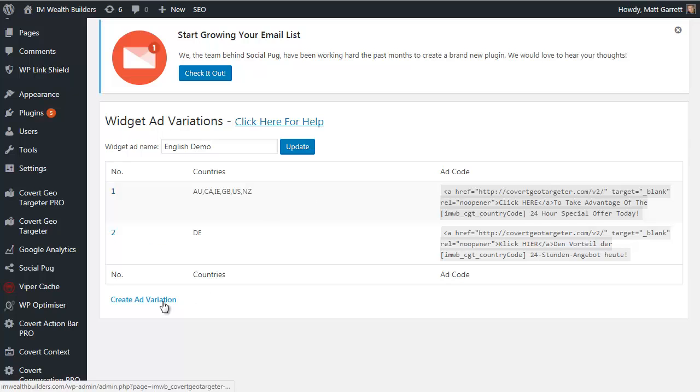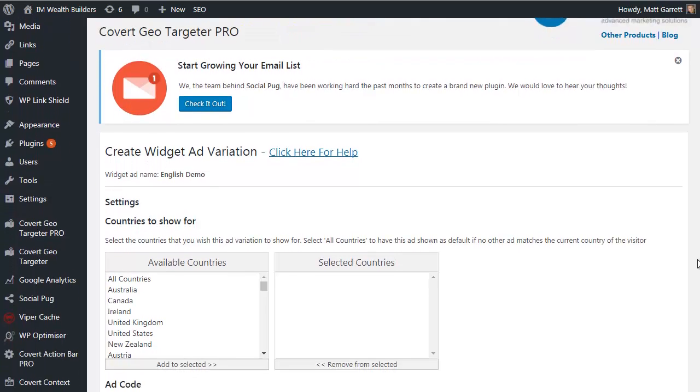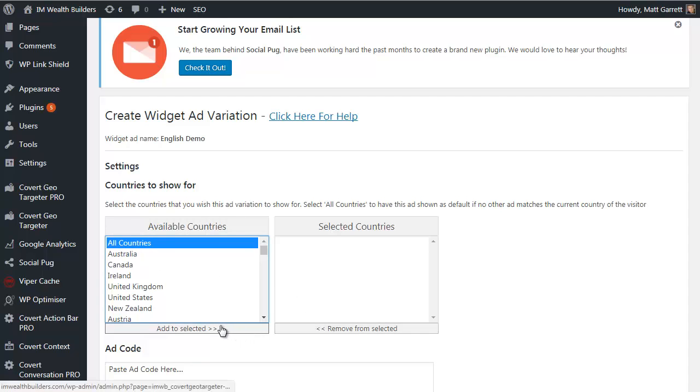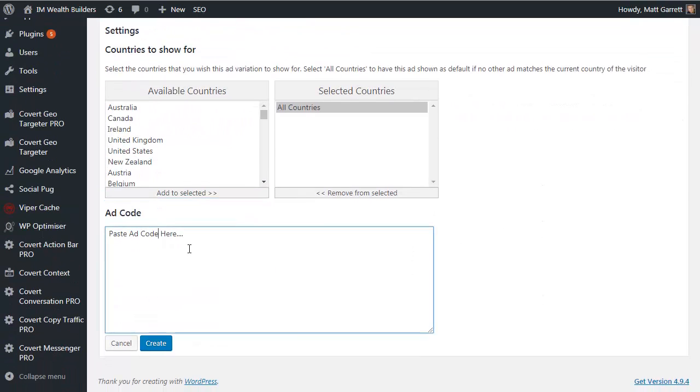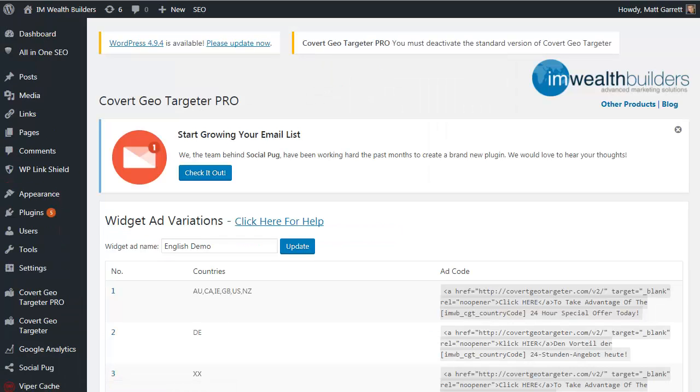Now I can also click on Create Ad Variation again. Now basically you can go through and create ads for any and every country on the list, either individually or in groups. But you can also create a default ad for any and all countries that you don't have a specific ad set up for. It's basically a catch-all for all the rest. So all I need to do that is choose all countries and click on Add to Selected and paste in my ad code for that, and then click on Create. So basically any country that doesn't have a specific ad such as these will then see that default catch-all ad